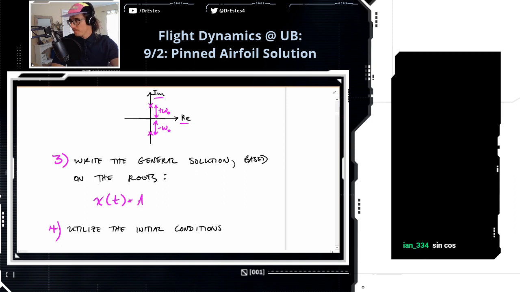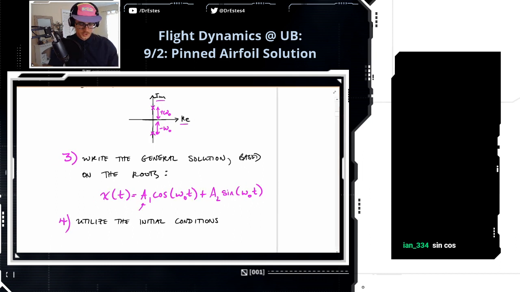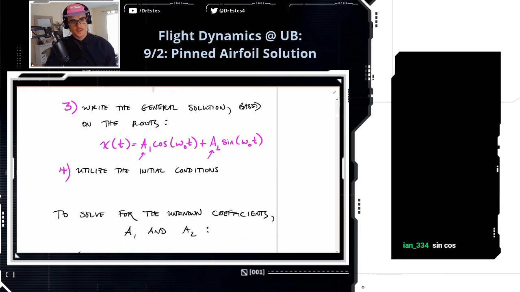Sine, cosine, yeah. So this is one way to write it. I mean, you could do it as a sine with a phase angle. I like to just break it into a sine and a cosine. And if you want to solve for these coefficients out in front, well, we'd have to utilize our initial conditions,